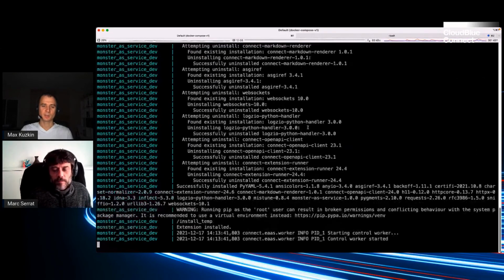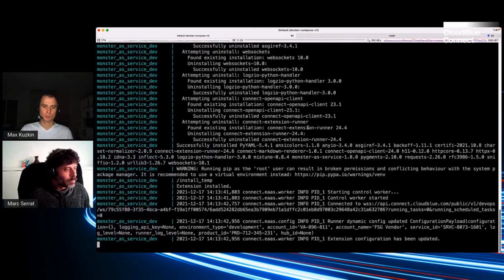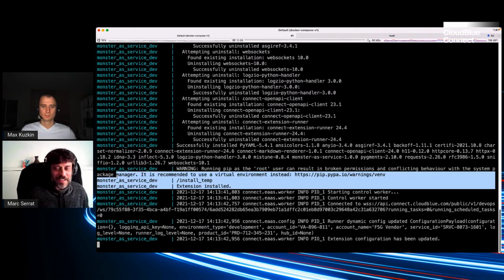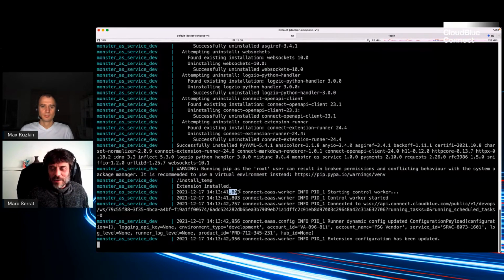And while this is happening, any version of Docker would do, right? So you just go to the website of Docker and you download it and install it. Exactly. Just download Docker Desktop because we are doing local development, and you can run the extension. In fact, it already started. It installed everything, as we saw more or less till here, where it says extension installed,